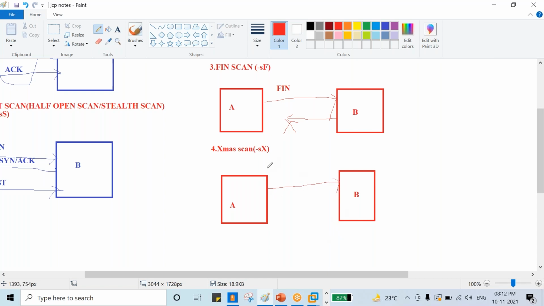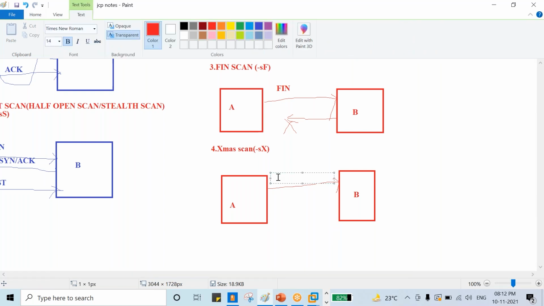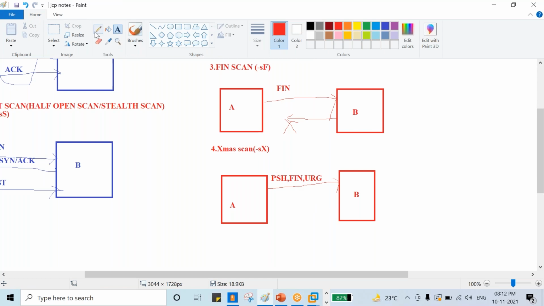Which flags are we sending? We are sending the push flag, the FIN flag, and the urgent flag. Whenever you send these types of flags, definitely you won't get any reply from the server. It means the port is open.